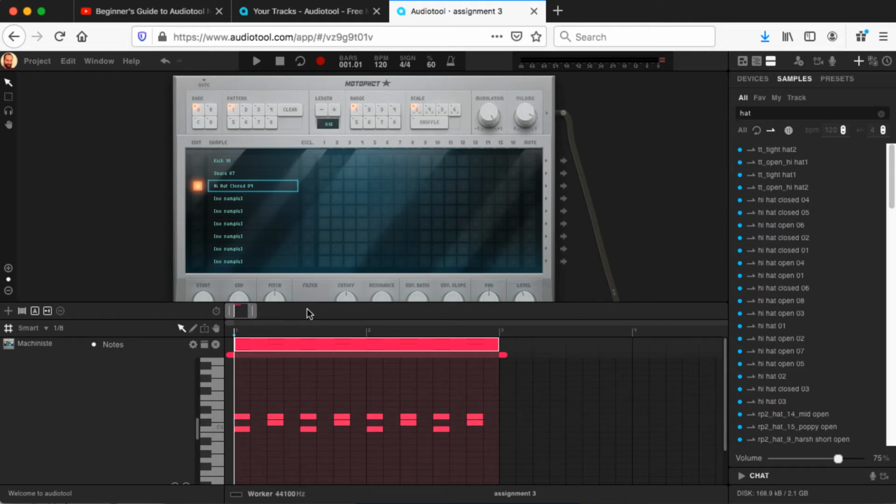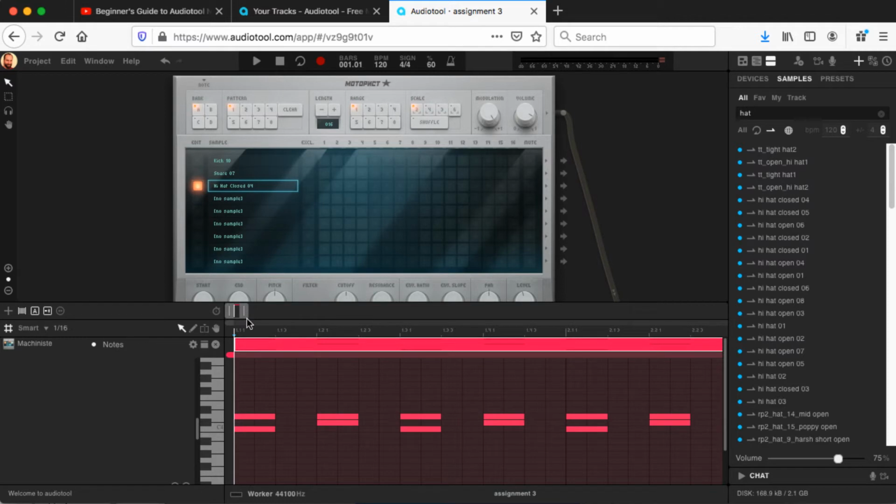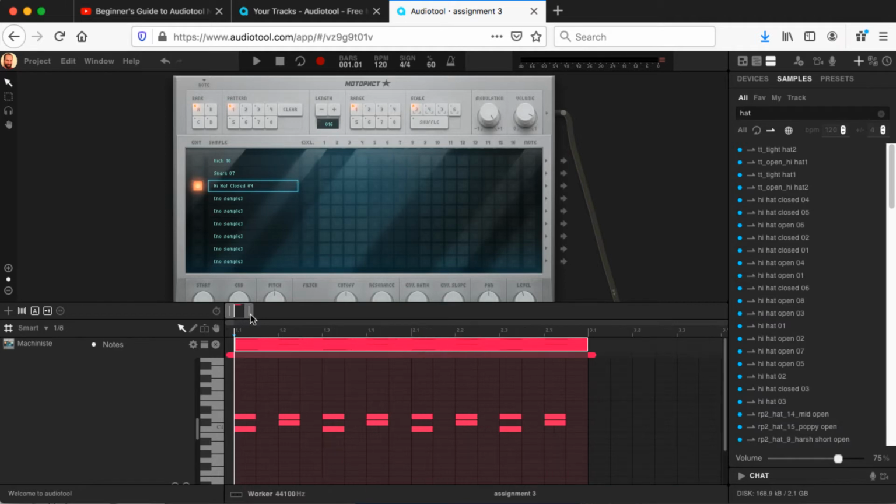So here's, let me get my zoom in here so I can see actually, okay, so there's beat 1, there's beat 2, and here is the division halfway in between. In Audiotool, they're going to have the 16th note segments here. This is measure 1, beat 1, segment 1 of beat 1. This is measure 1, beat 1, segment 3, but it's halfway in between. In proper music terminology, we call that spot the and of 1 and the and of 2. I'm going to actually, instead of the smart, set this to be exactly 1/8. Okay, so